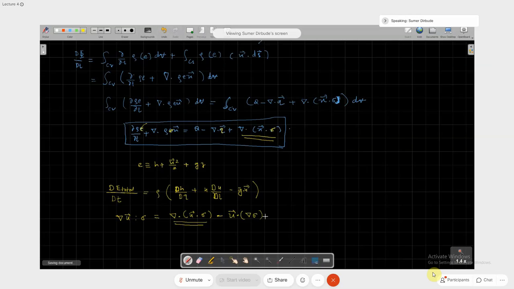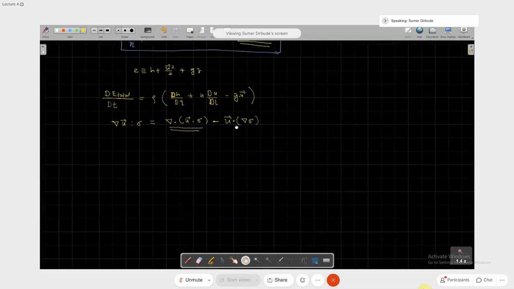So from the momentum equation, we know that the momentum equation is rho du/dt. Okay, so that has to be obtained from the momentum equation. This thing. So from the momentum equation,